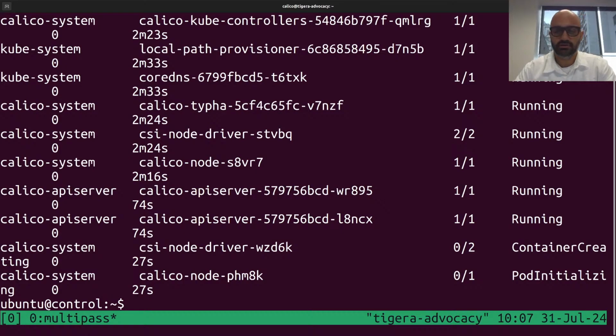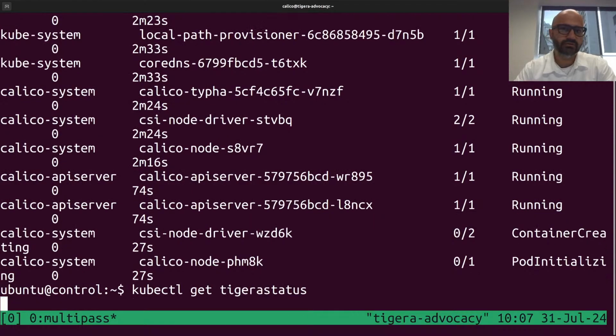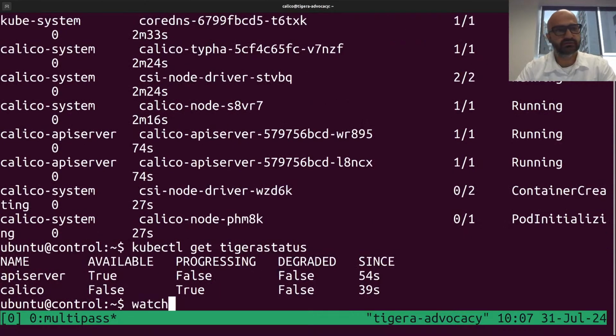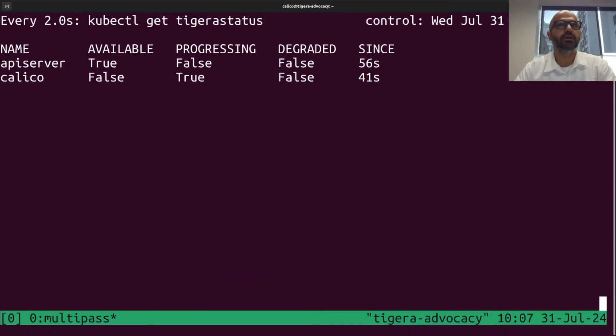And to figure out if it's actually working, we just need to check the Tigera status. So this command, if you have installed Calico via an operator, should show you the